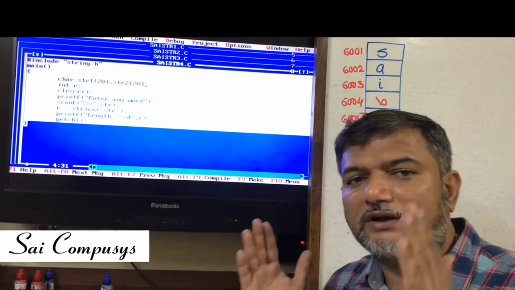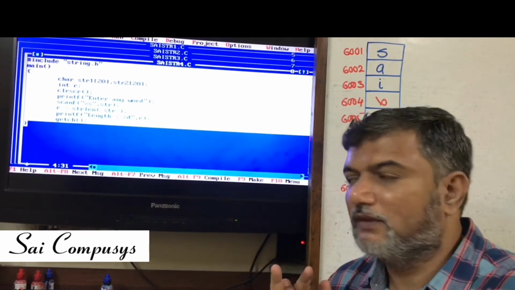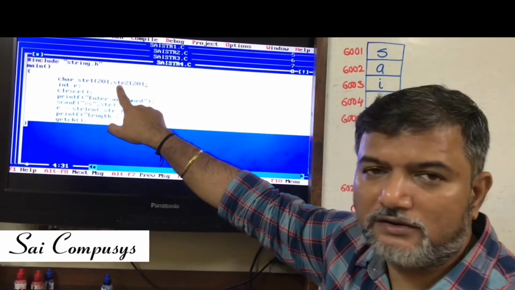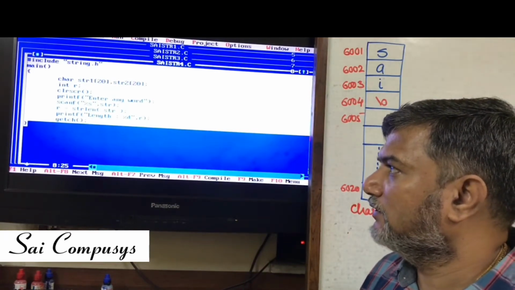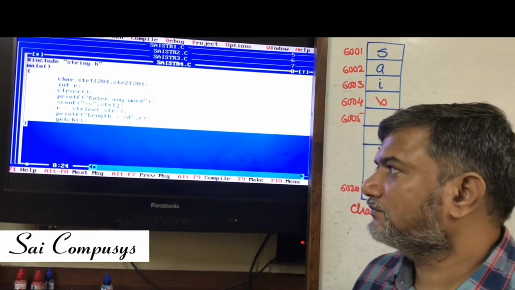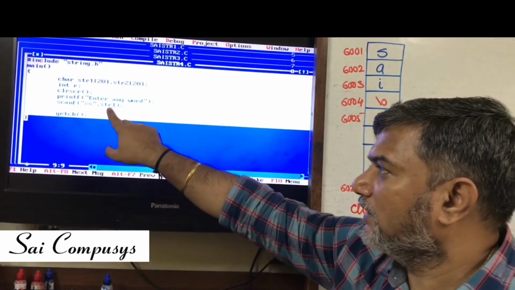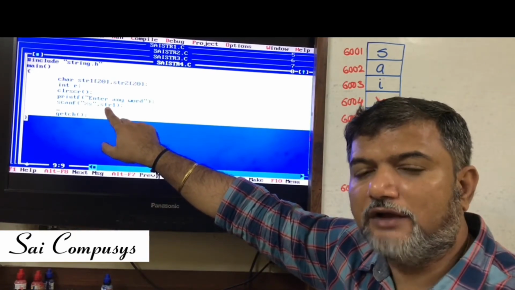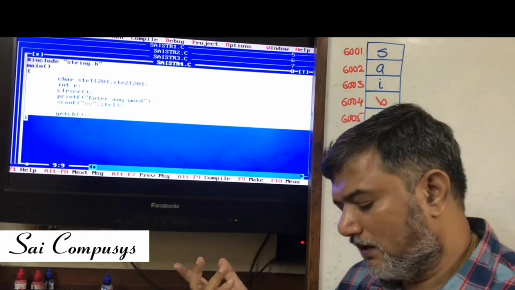You have two arrays in front of you, one is str1 and one is str2. This is the address of the first array, this is going to be the address of the second array. So, when I wish to scan a word in the first array, I will be saying str1. Now, what I wish to do is, I have scanned the information in the first string. I wish to copy that information into another string.